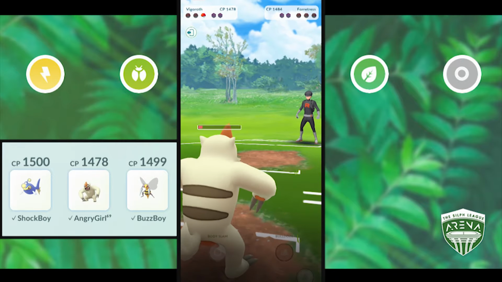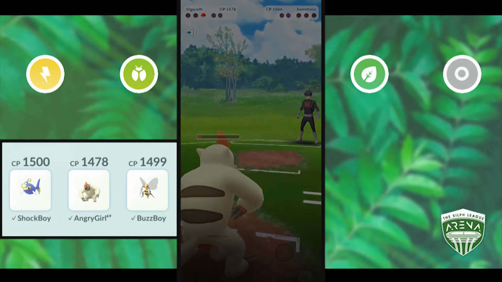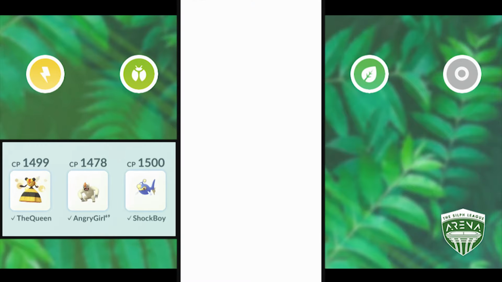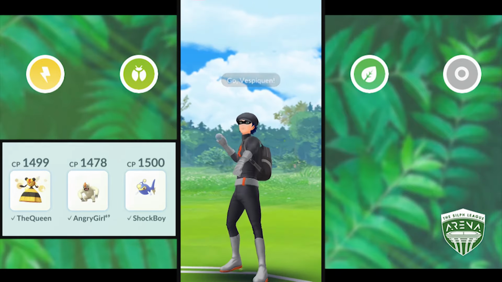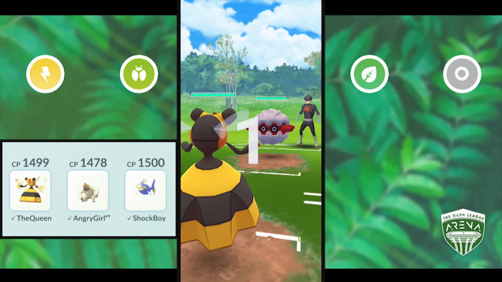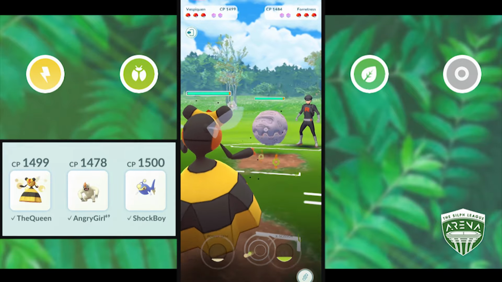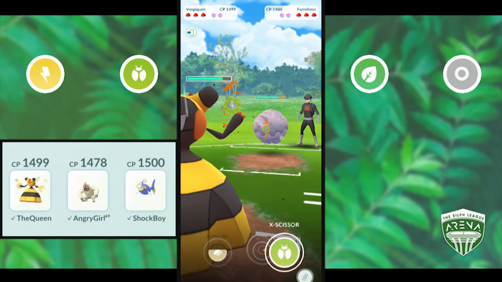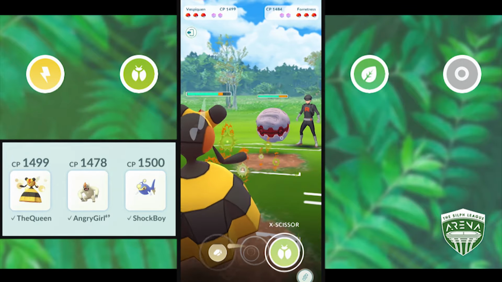So Fortress is going to go down to another body slam there. For battle number 2, I just switched my Beedrill to Vespiquen, and I lead with it because I feel like my Beedrill has sufficiently scared off that Wigglytuff, and I like the matchup between Vespiquen and Fortress more than I like Beedrill versus Fortress. So of course Fortress comes out first, and I'm going to charge up here almost to